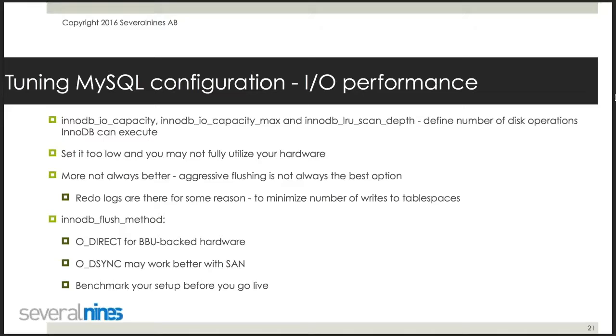If you set them too low, and you're running on some kind of fast I/O subsystem like fast SSDs or PCI Express SSD cards, you may not fully utilize your hardware. But again, more is not always better, because